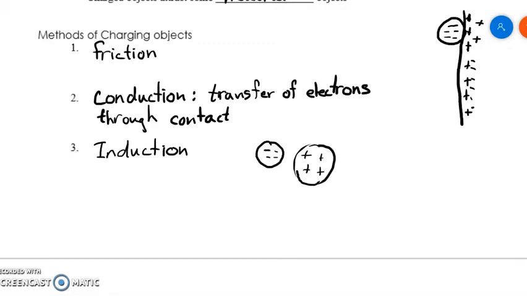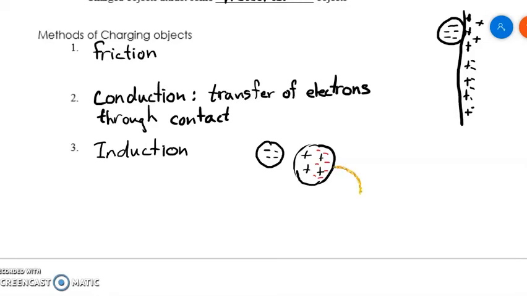But now the negative charges are all going to move around, and they're going to tend to get to this side. Okay, so the negative charges in this object have now been pushed to this side because they're repelled from this object. Now, if you take a